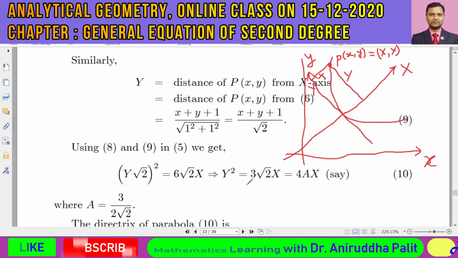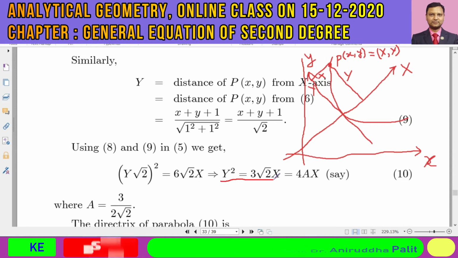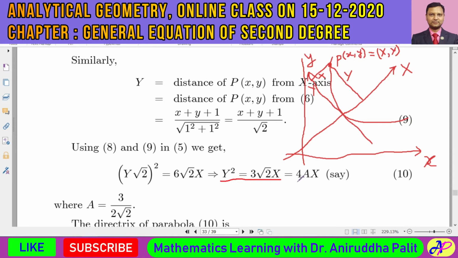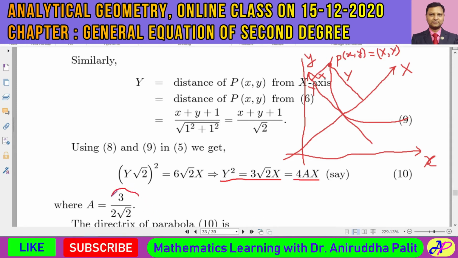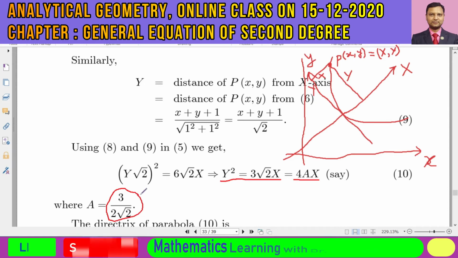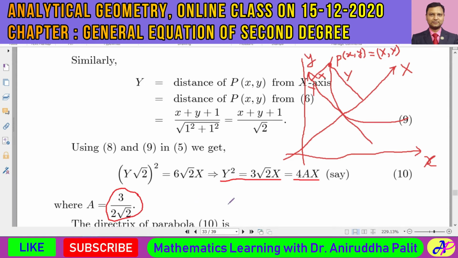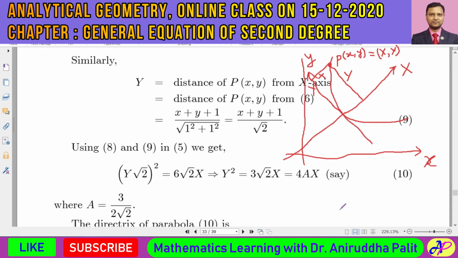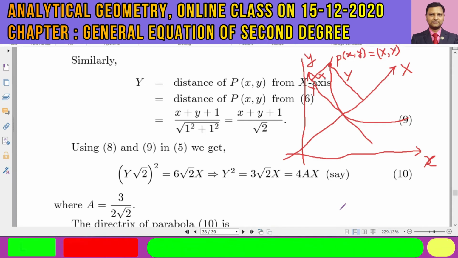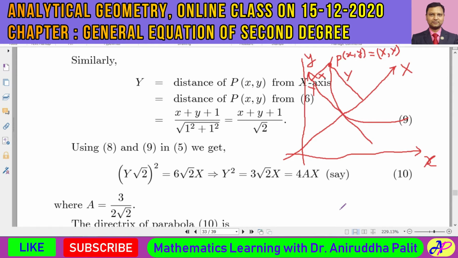And therefore, after computation and manipulation, all this becomes Y square is equal to 6 root over of 2 into X, and that would be equal to 4aX. Whenever a is taken in this fashion, it is just an adjustment that if we choose a equal to 3 by 2 root over of 2, then this expression Y square can be written as 4aX. So this is the standard form that we wanted, to express the given equation in the form Y square is equal to 4aX. Over here a is equal to 3 by 2 root over of 2.